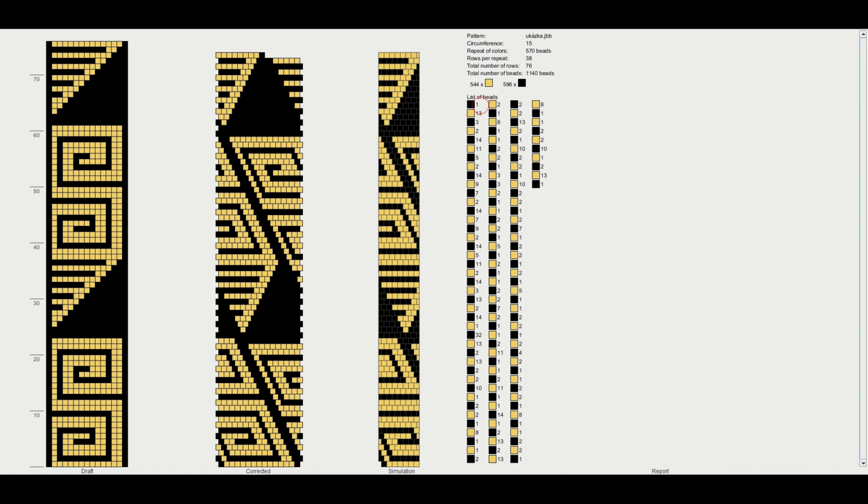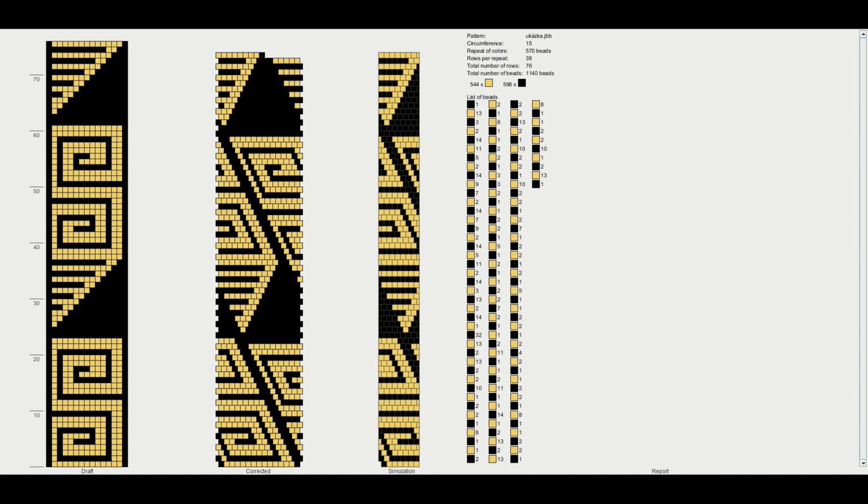The number next to the color square indicates how many beads of this color we have to string. And we read the list of the beads from top to bottom and from left to right. That means that according to this list we string 1 black bead, 13 gold beads, 3 black beads, 2 gold beads, etc. This way we get to the end of the column where there are 2 black beads, and then we